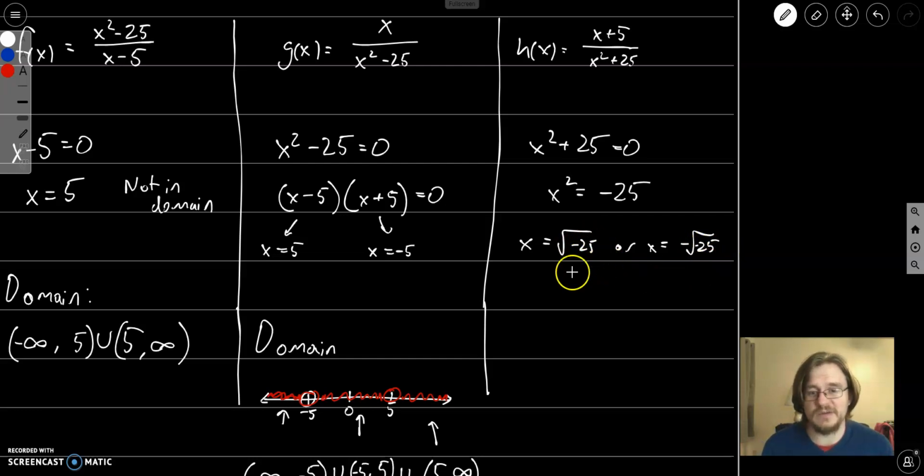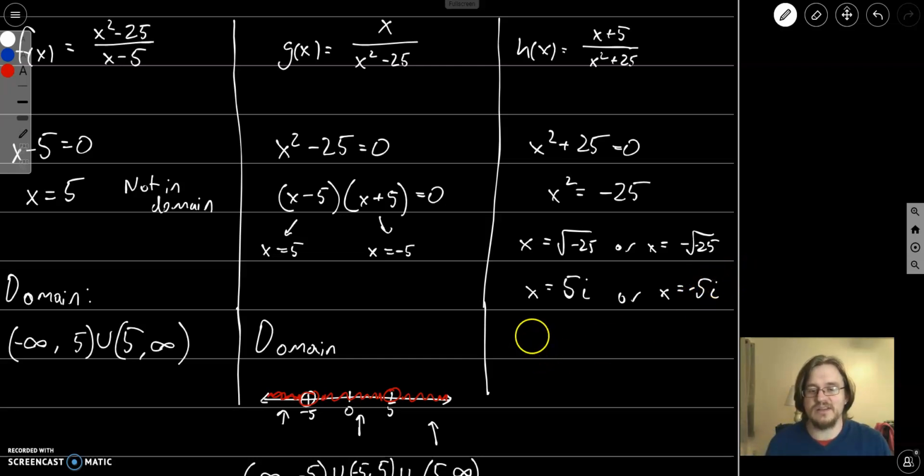But the square root of negative 25, that's an imaginary number. It's going to be 5 times i, or x will be negative 5 times i, because again, I'm taking the square root of a negative number. The domain of a function is only going to be real numbers. So if the only things that I can't plug into the domain are imaginary numbers, I can plug in any